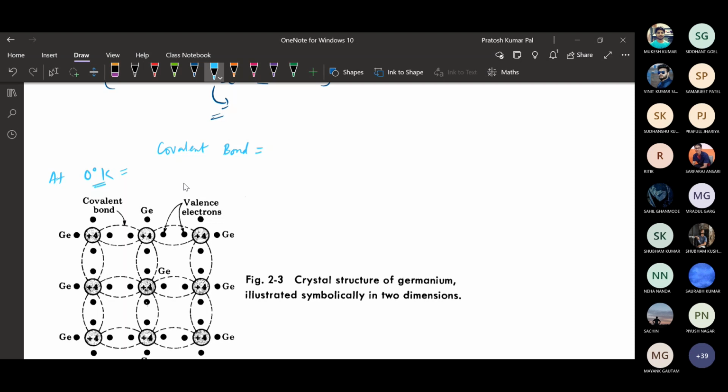That's why these electrons are not free to move. Okay, so at 0 degree Kelvin, because of this covalent bond, the semiconductor materials are basically not having any free electrons, so there will be no conduction. So this covalent bond is defined as a binding force